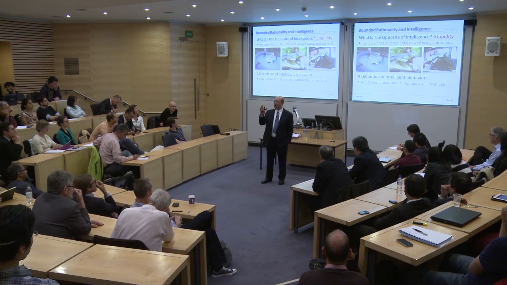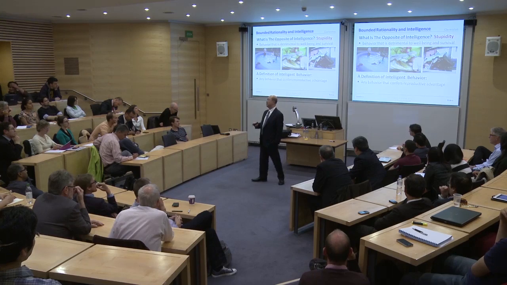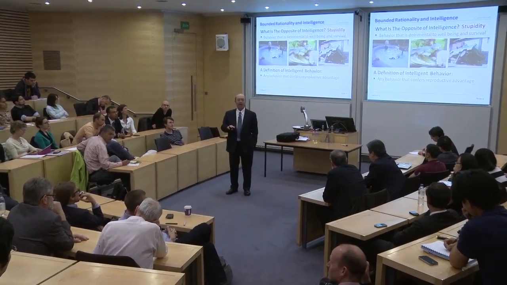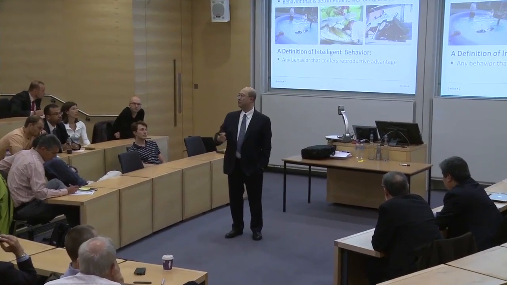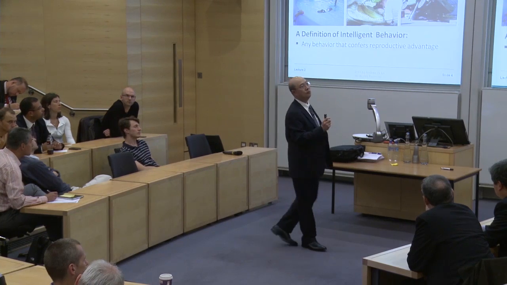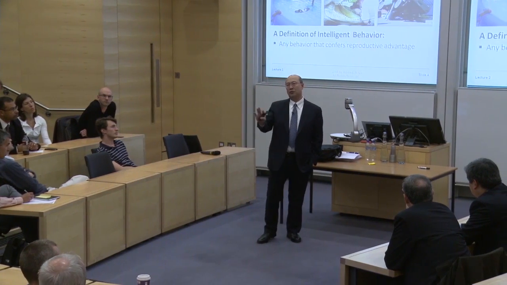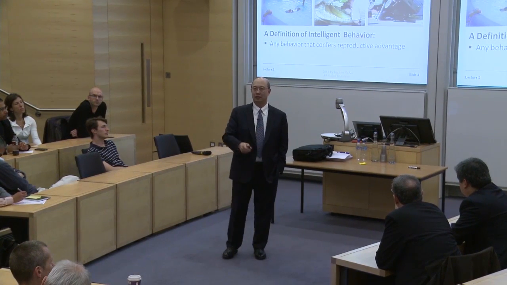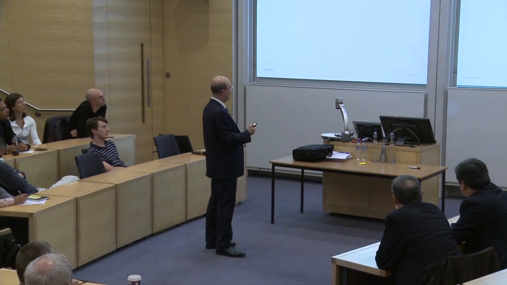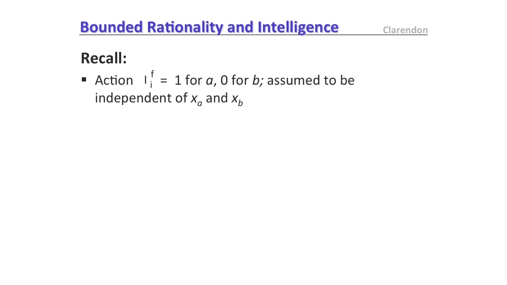Now, if you acknowledge that that's a useful definition of intelligence, then it turns out that yesterday's mathematical model of evolution can actually derive not only intelligent behavior, but bounds on that intelligence. Let me show you how. For those of you who weren't here yesterday, I'm going to just go through it very quickly. I apologize for that. You can take a look at yesterday's lecture, which is online, as well as the paper. So remember, from yesterday, the action that an individual engages in is simply 0 for choice A, or 1 for A and 0 for B.